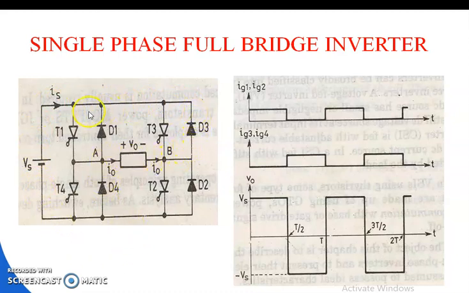In that case the current starts from the load to the source by reversing its polarity, forward biasing the diode pair D3 and D4, following the path load, D3, Vs, D4. In this way it will be circulated through this path. And whenever the entire charge across the load is discharged, D3, D4 turn off, and then T3 and T4 will be turned on.